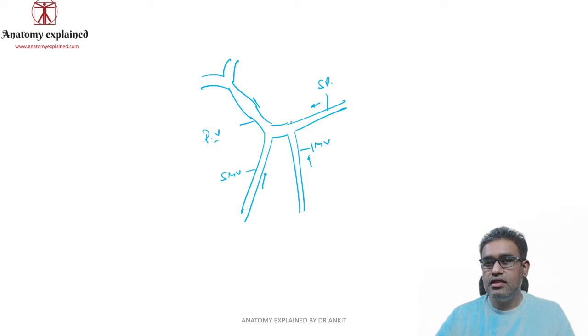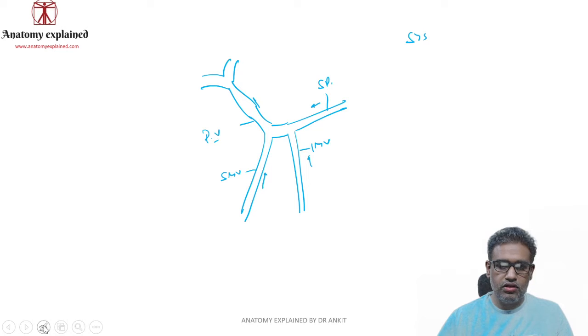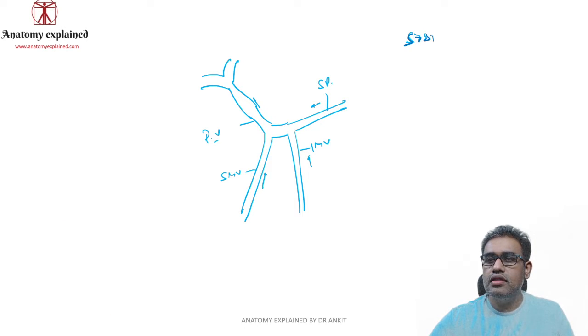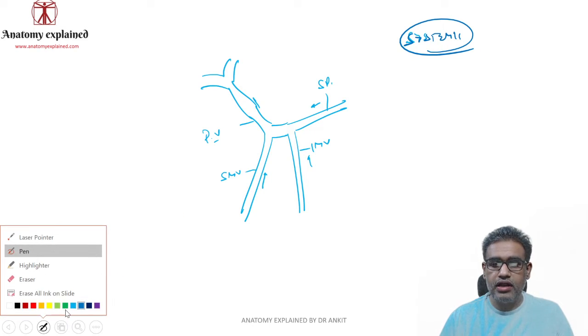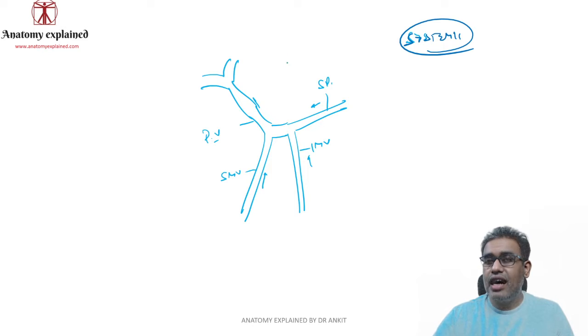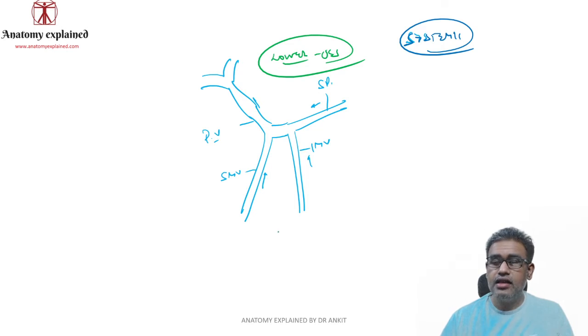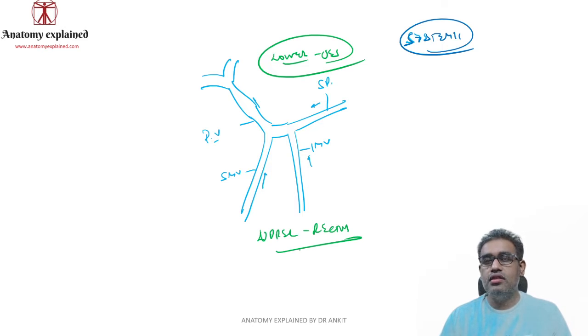Now what we have to understand is that the portal circulation is right at the center of our body. Okay, and it is actually covered everywhere, that is on the outside body wall, by the systemic circulation. So it is covered outside by our systemic circulation. What does it mean? It means, what are the extremes of it? Extremes meaning, it starts from where? The foregut part starts from the lower end of the esophagus. So we can say the lower end of the esophagus. Here the portal circulation is starting. Where is it going to end? Where is the hindgut going to end? That is your upper, or you can say the middle of the rectum part. Okay, so these are the two extremes.